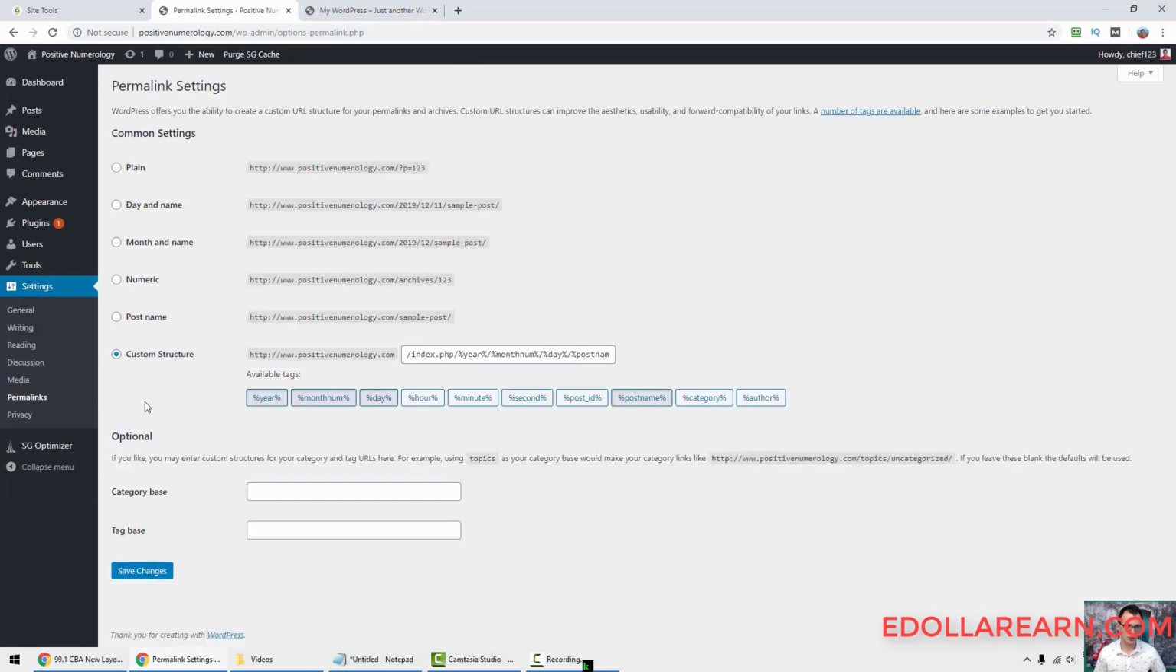So for permalinks, what you want to do is change it to this one, which is post name. This just means how the setting determines how the URLs are defaulted on your website in the future. So what we want is, if you publish a post that says what is numerology in its title, we want the URL to be defaulted as